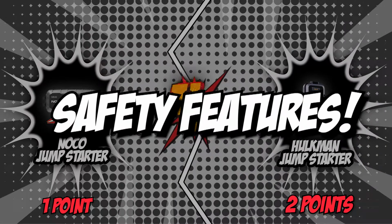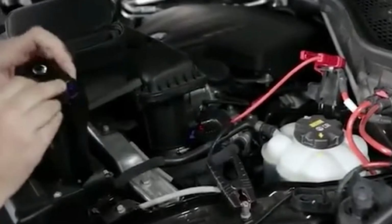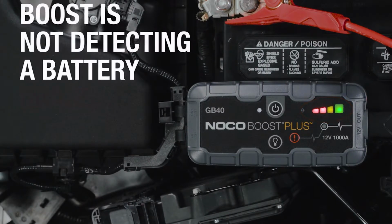The fourth category that these two brands will be going toe-to-toe with would be their safety features. We're talking about loads of electricity here, so it would be best to take a look at the safeguards included with your jump starters. NOCO is safe and easy to use, allowing you to jumpstart the battery without worrying about